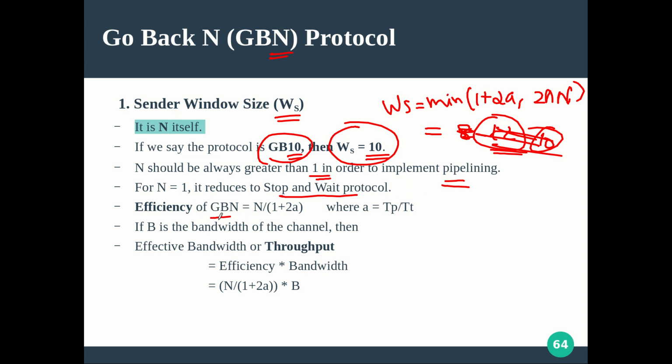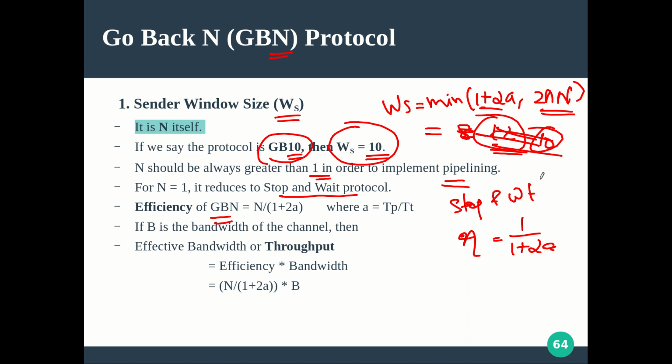And what about the efficiency of go back N? First tell me, what is the efficiency of stop and wait? It is 1 by 1 plus 2a. That means during this 1 plus 2a, that is the maximum sender window. If you make the sender window 1 plus 2a, definitely you are going to get maximum efficiency. But many constraints are there, like depending on the type of protocol, the sequence number field, this is something you will reduce, and accordingly the efficiency will decrease.